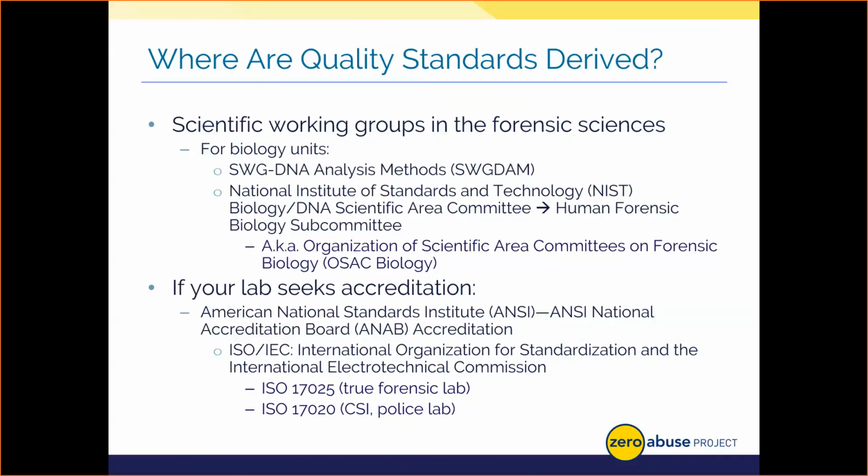Now, if your lab wants to set itself apart from other labs and demonstrate it's the best in the business, typically they go through a rigorous review process known as accreditation. For example, the premier forensic accrediting body is ANSI, and you go through their National Accreditation Board, ANAB. They accredit labs by auditing them and evaluating the facility to ensure their methods and all work products abide by international standards for forensic testing.